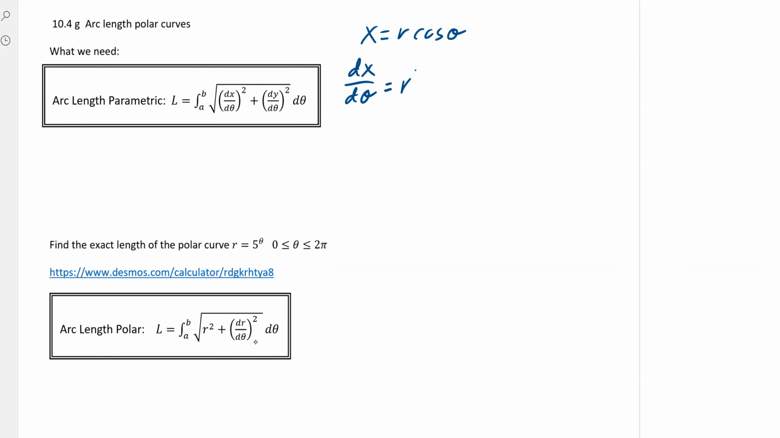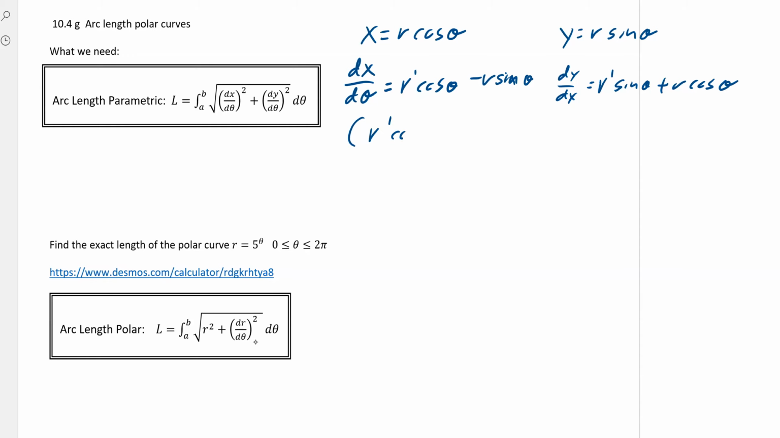So dx d theta would be r prime cosine theta plus minus r sine theta. And then y is equal to r sine theta. So dy d theta would be r prime sine theta plus r cosine theta. Now, if you take these and you square them and add them together,